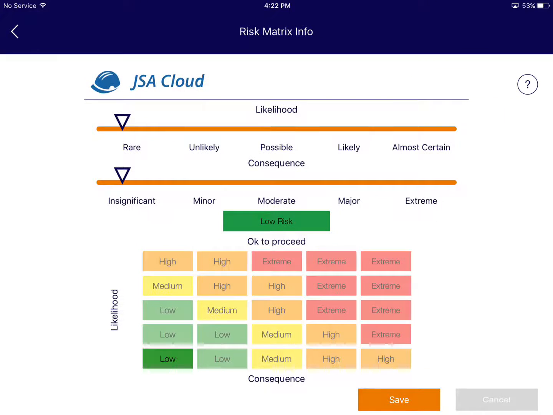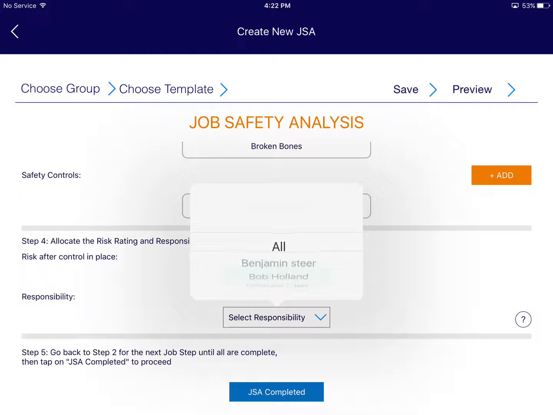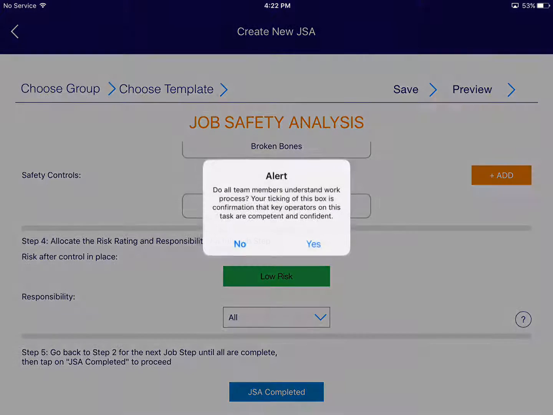I'm now going to calculate the residual risk. If I do that, I might say it's rare, the risk of anything happening, and its minor outcomes comes up as a low risk, and I can save that risk status. In terms of responsibility, I'm going to say that everybody has a responsibility for putting in place those controls. So really, on a very simple JSA that's completed, I'm just going to hit JSA completed, and you'll see there